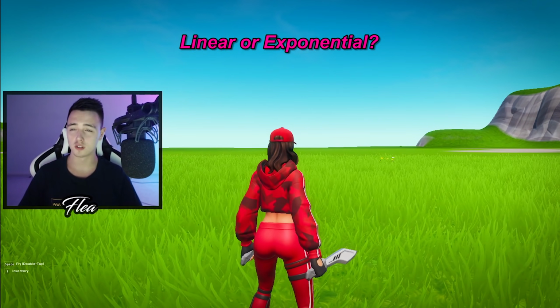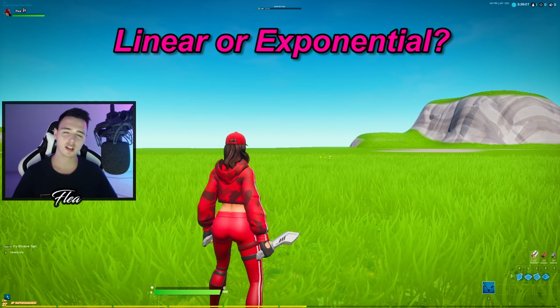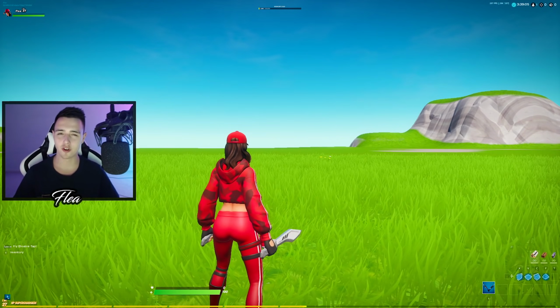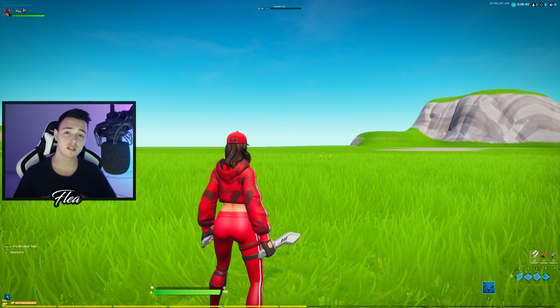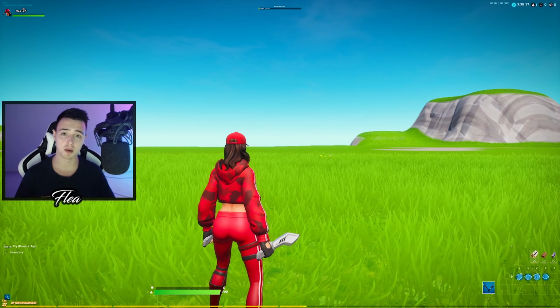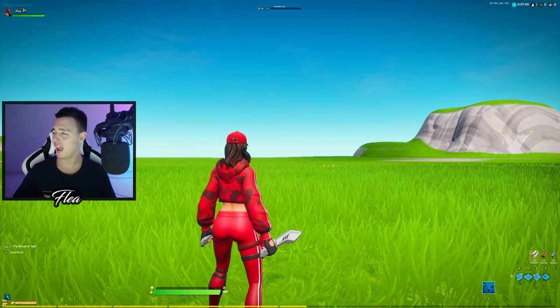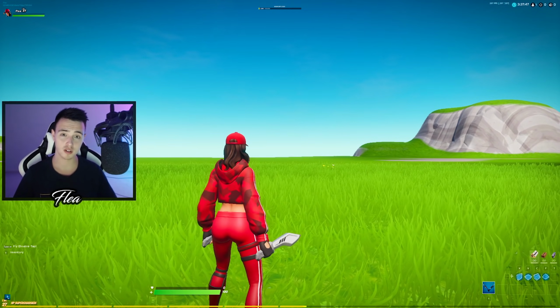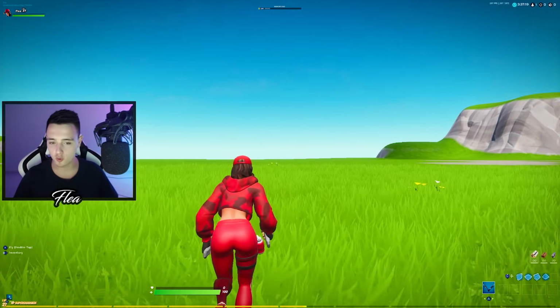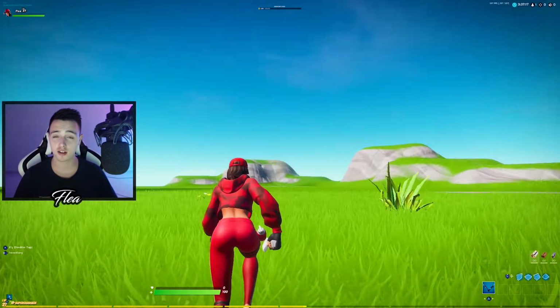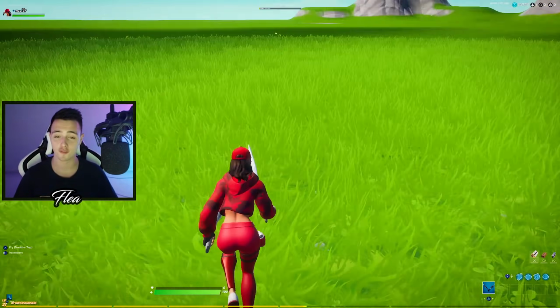So what should you use, linear or exponential? It's actually a really good question and there is no right or wrong answer. But there is, however, a lot of information since we've had these settings for a good couple of months now. So from what I've seen, 80 to 90% of the community uses linear. Most likely what happens is when people try linear, they're all of a sudden just whipping the analog stick around and they're completely not used to how fast it moves.